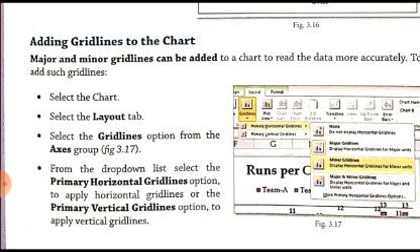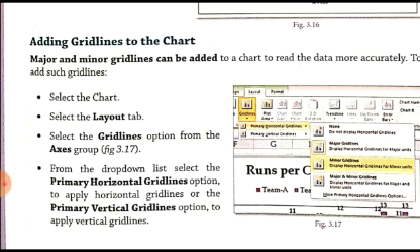Even if you have not seen the graph paper, all of you must have seen the Excel sheet. How is the Excel sheet looking? The Excel sheet is like a table which is composed of a lot of horizontal as well as vertical lines. So these grid lines are very similar to the horizontal and vertical lines which you see on an Excel sheet. Similarly, we can also have vertical and horizontal lines drawn on the chart.